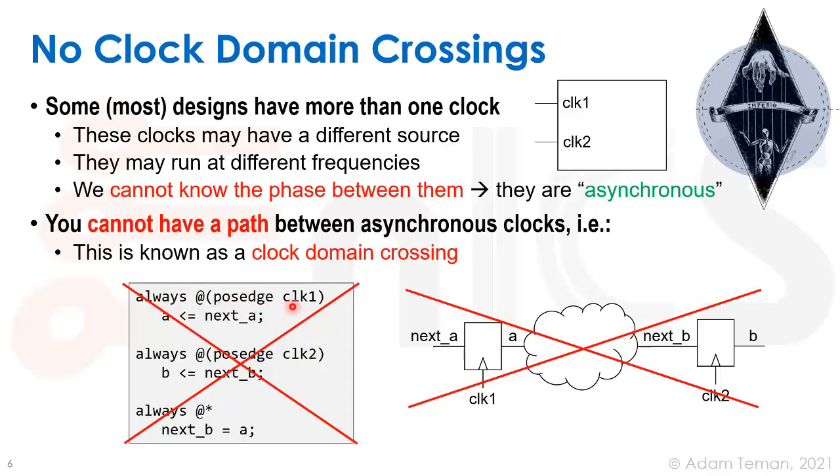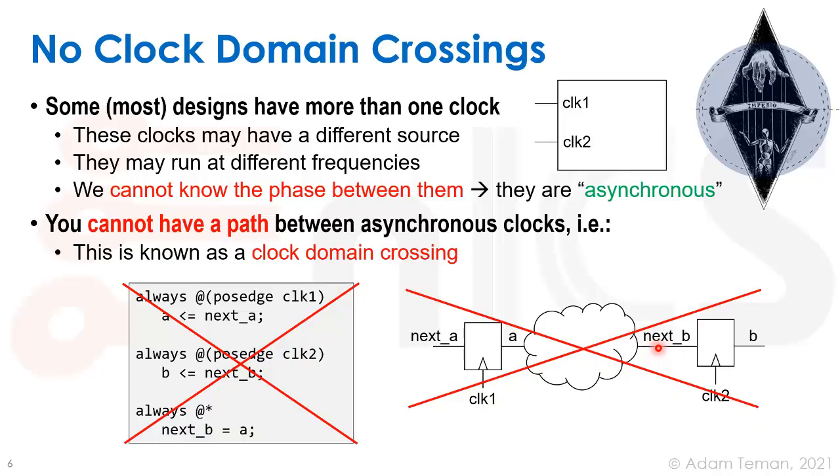Okay, always @(posedge clock1), A gets next A; always @(posedge clock2), B gets next B; and always @*, next B equals A. What that's going to do is create this flip-flop where next A goes to A when clock 1 rises. This block over here is going to create this flip-flop where next B goes to B when clock 2 rises,